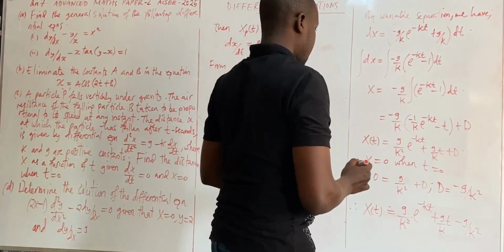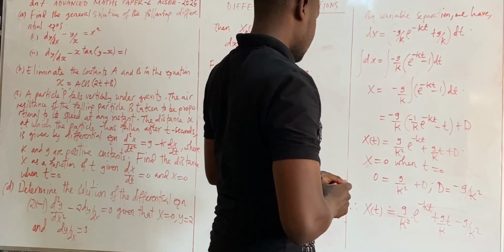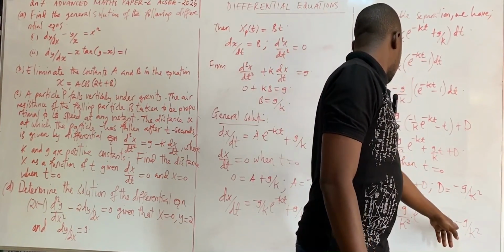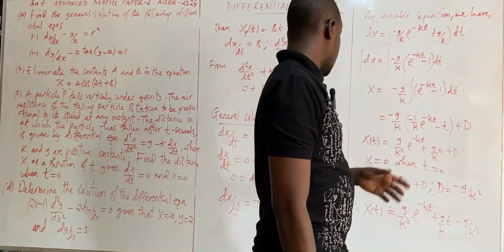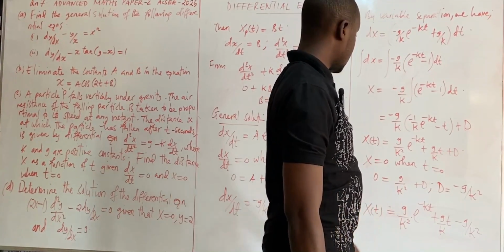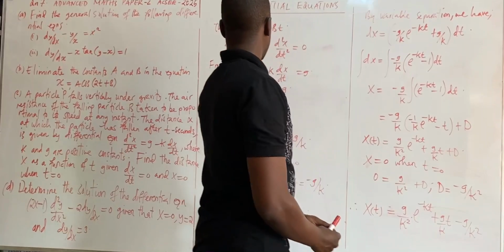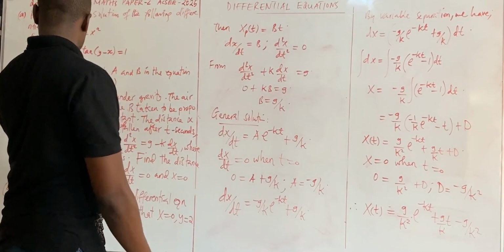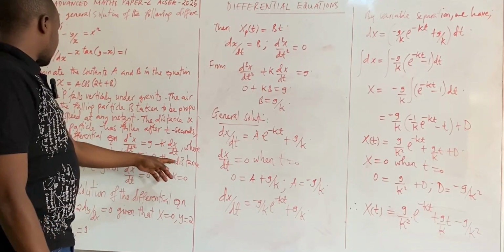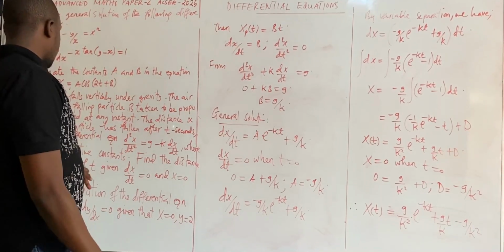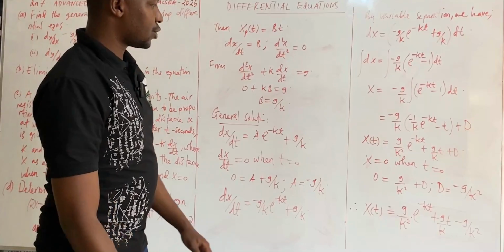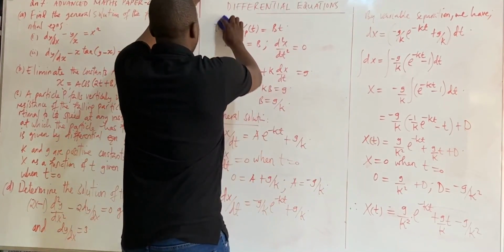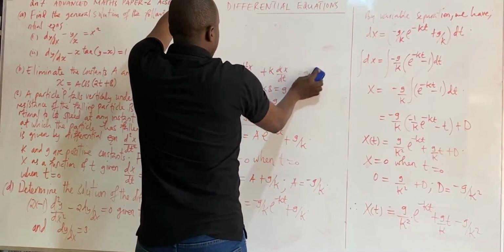So from there, if we factor out this one here, g over k square, we can have a simple equation. But up to that point, we have done the parts of the function to express the distance x as the function of t with this initial condition. So if we simplify more, you will end up getting